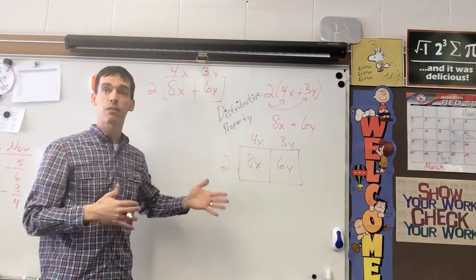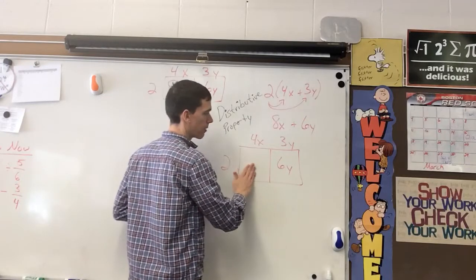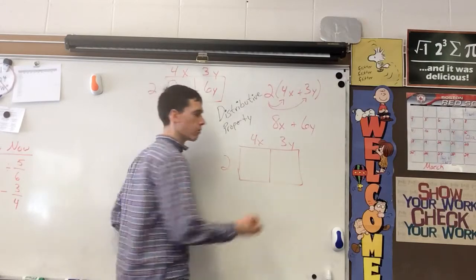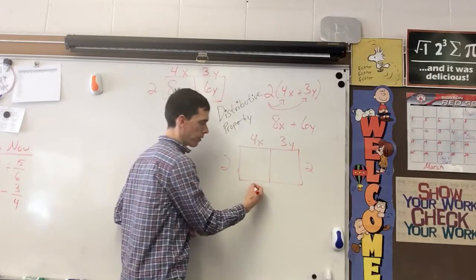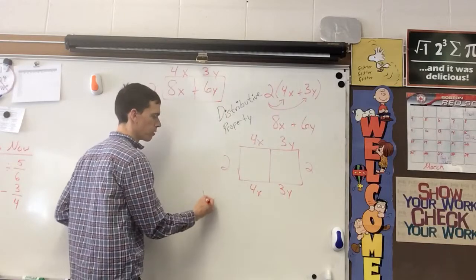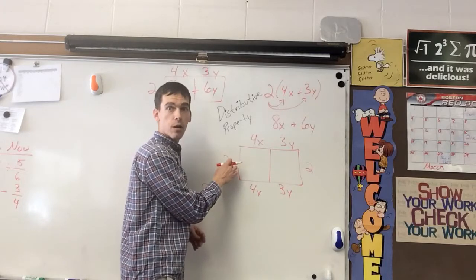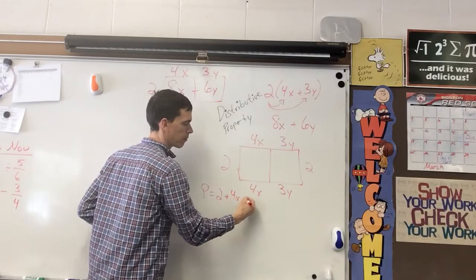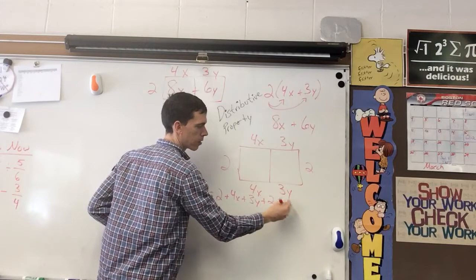Now you could also find any other possibility of this. The perimeter, for example. The perimeter here would be, let's get rid of the area. If this side length is 2, and it's a rectangle, this congruent side over here is also 2. Okay? And the side lengths here are also the same. This would be 4x as well, and this would be 3y. So if we're finding perimeter, okay, so perimeter equals the sum of all the sides, we add them all up. I'll start here and I'll go clockwise. So we have 2 plus 4x plus 3y plus 2 plus 3y